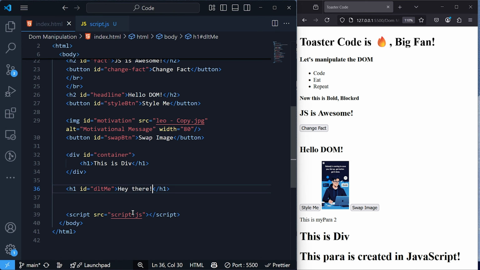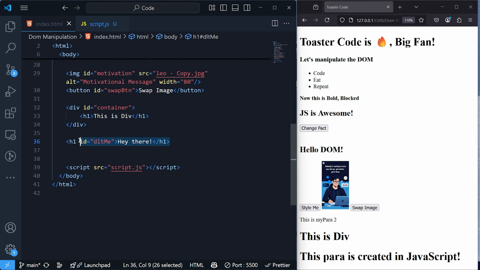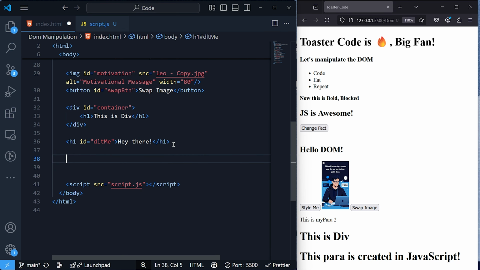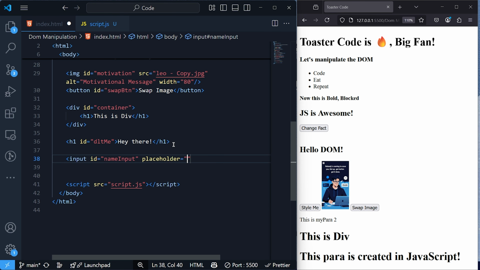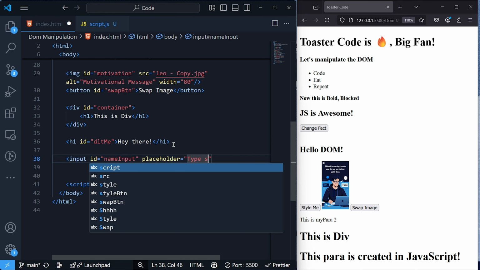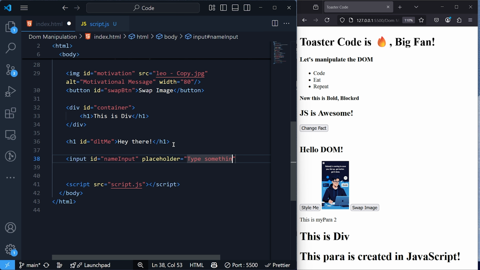Let's set an input field. We have already, just leave it here. What I'll do is create an input field. Input id equals name input, placeholder equals type something,